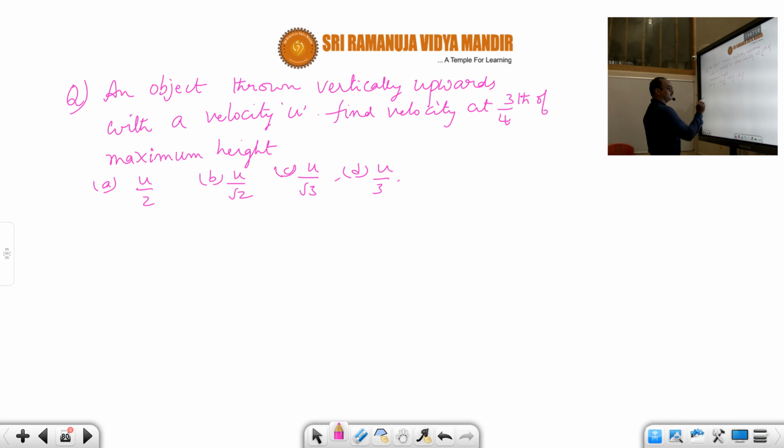Here also we use the third equation, v square minus u square is equal to 2as. At this particular point, 3/4 of the height, the velocity equals v, that's what we are going to find. And at the point of projection the velocity is u, so that is u square. Acceleration equals minus g, and displacement is upward because this is the initial point and this is the final point. Between these two, that is from initial to final point, the direction